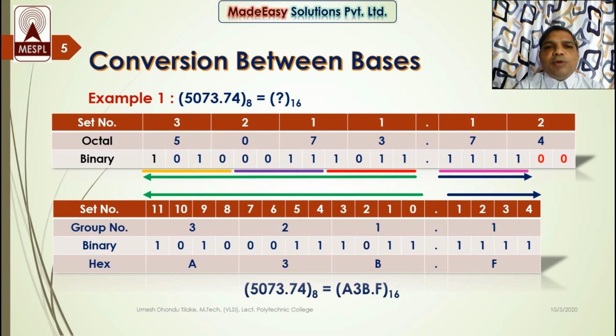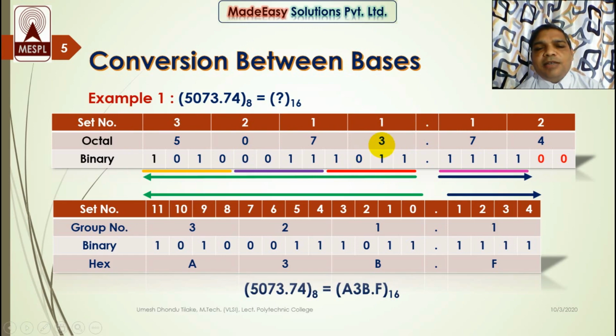And what we do while converting an octal number into binary, we create groups of 3 binary digits each from LSD to MSD, remembering the concept we had learned in the previous video, that is number system conversion part 3. If you have not seen the video, I recommend you watch it first. So here I have plotted the given octal number and directly written down the binary equivalent of each octal digit.